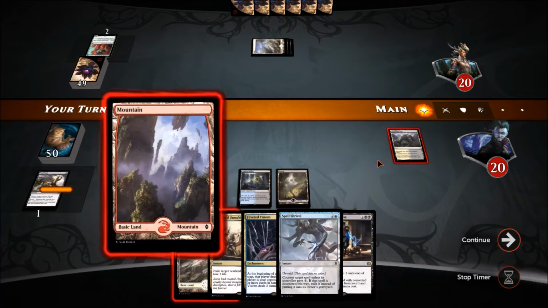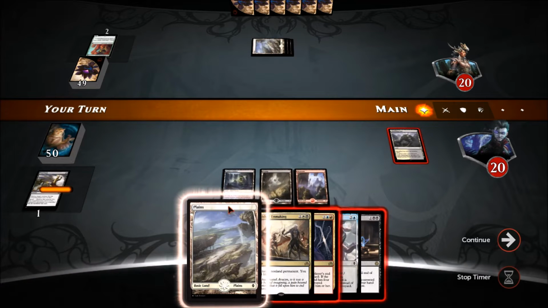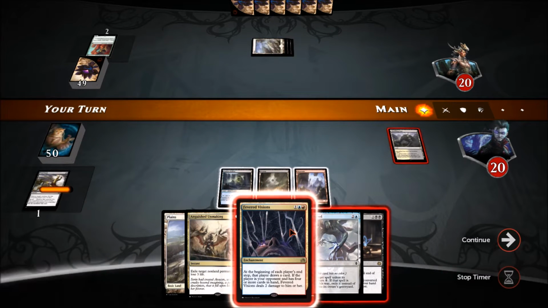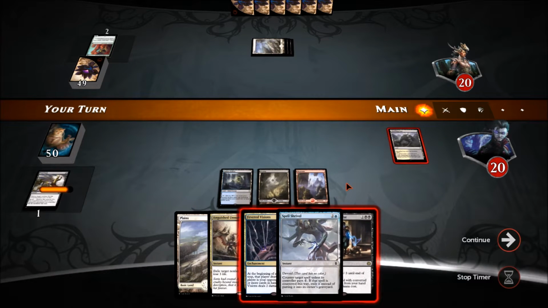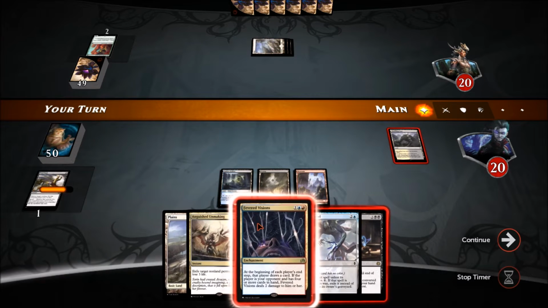We'll save our Spell Shrivels for other stuff. There's a Mountain. I'm tempted to Fevered Visions now, but being that I have a Spell Shrivel in hand, I think I want to... We do have trouble getting damage going. So...